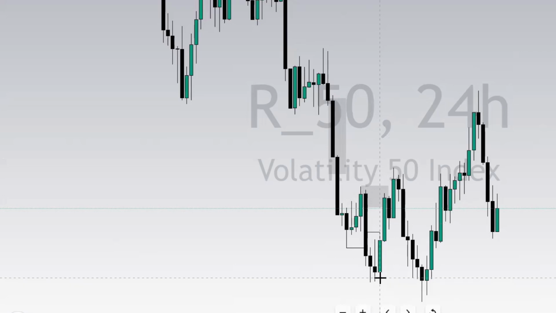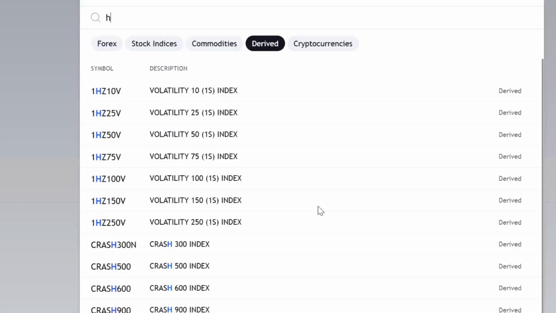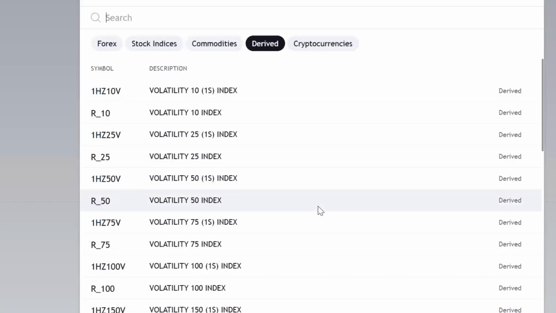However, you can also see that we started having impulse. We had 1, 2 impulse before getting to this particular point of interest. That is enough confirmation to tell you that there is nothing you're looking forward to selling from this point of interest based on this impulse that we've had to the upside, and coupled with the fact that we had a void above that particular high. Let's look at another asset, and I'm going to show you this same thing.